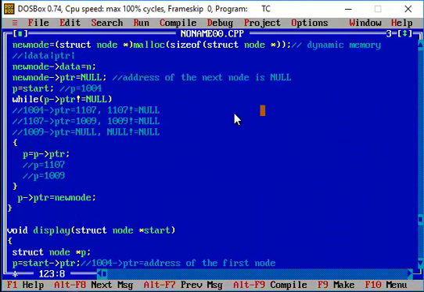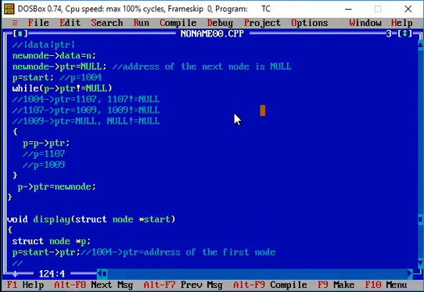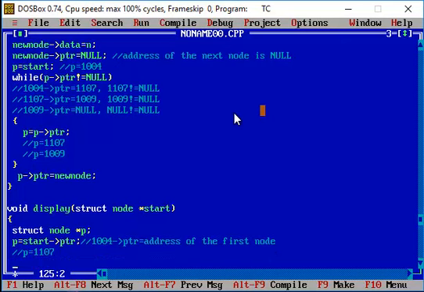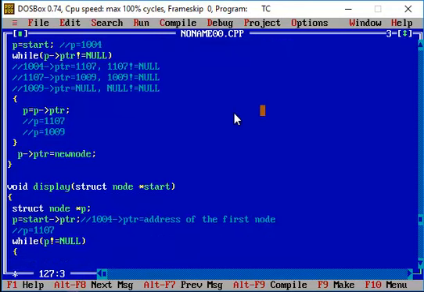So your P has got the value 1107. That is the address of the first node. Now I'm going to check the condition whether that address field present in the node is not equal to null, and if this is true, I'm going to print the data that is present in the corresponding address.